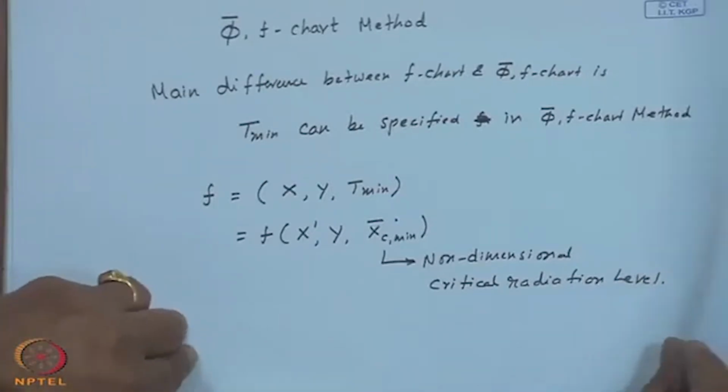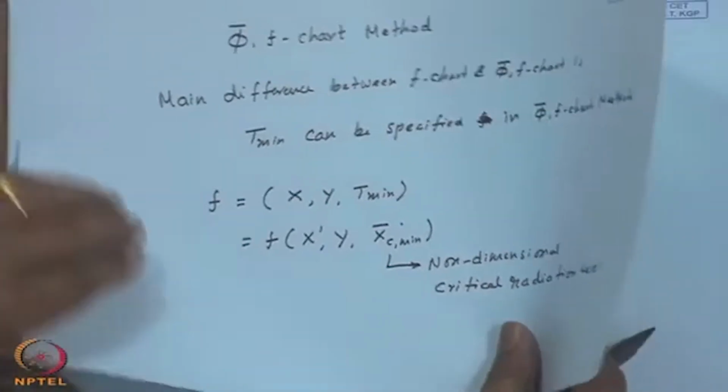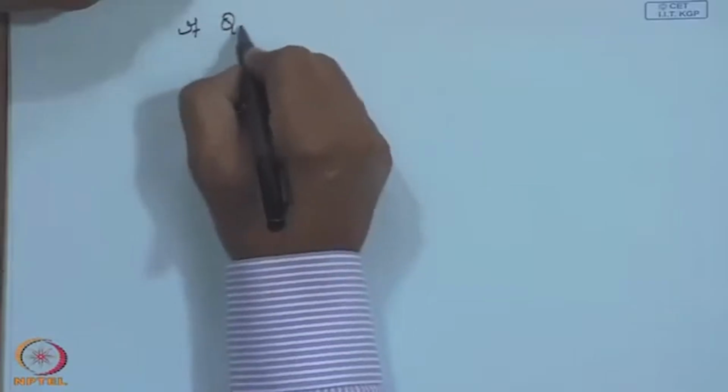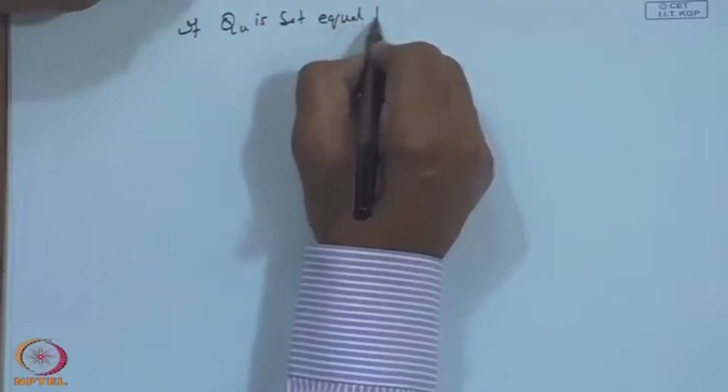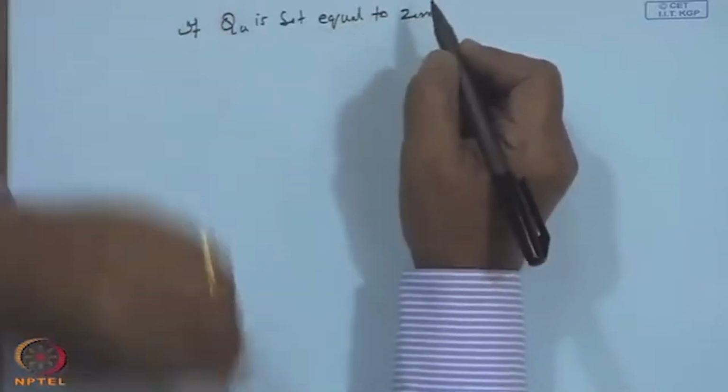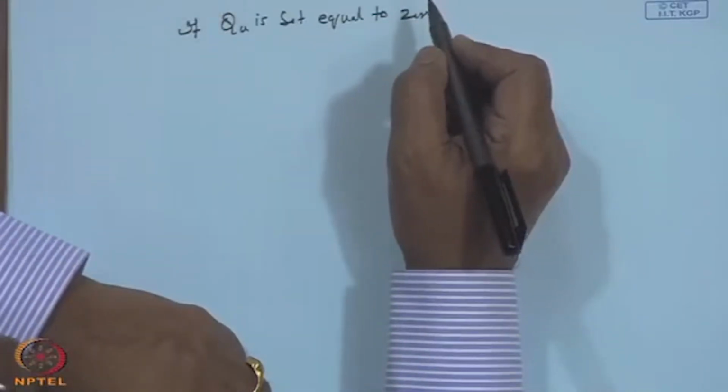Okay. And if you remember, a very preliminary idea of the critical level was given, that if Q u is set equal to 0, the radiation falling on the collector for Q u to be 0 will be the so called critical radiation level. In other words, unless your solar radiation is above this critical level of I c, you will not have any useful energy delivered at the temperature desired. So, this x c bar minimum